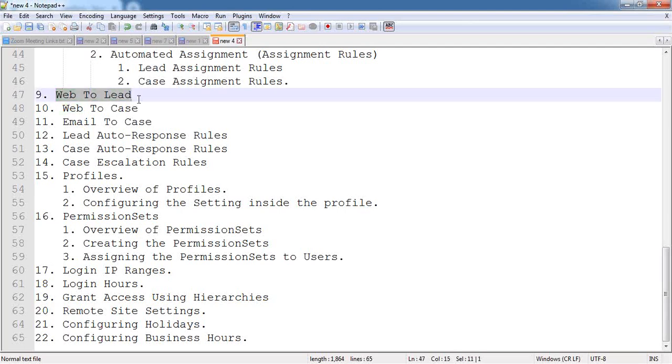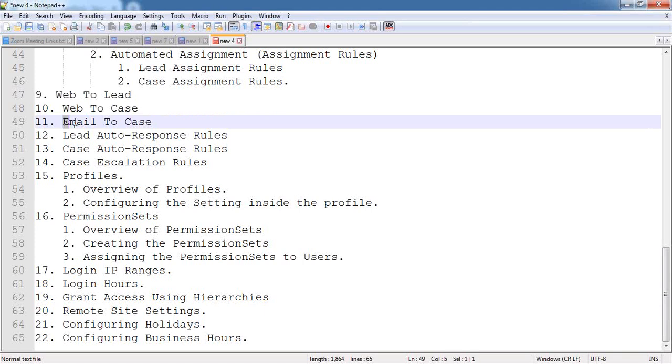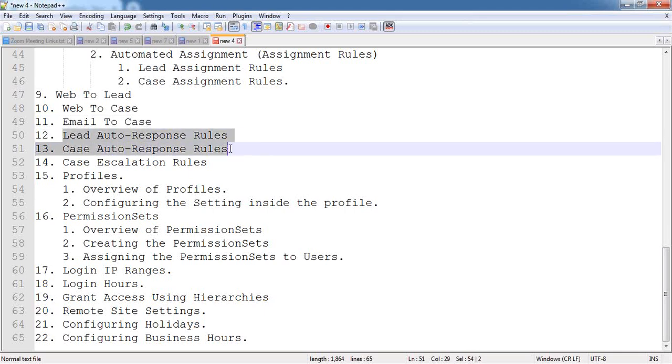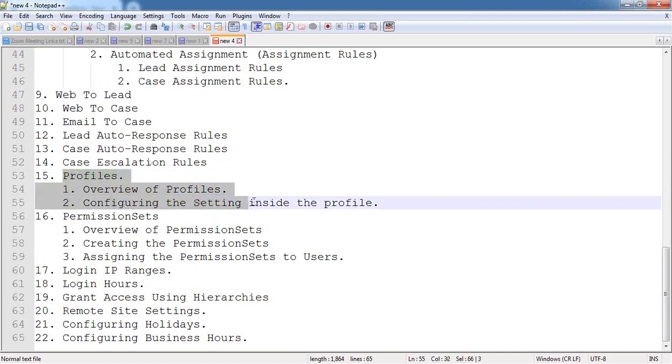And then we'll see the concept of web to lead, web to case, and email to case, how to create the case record through email notifications. And then we'll see whenever a lead record or a case record has been created through the organization website, how can we send an automated email notification to the people by using auto response rules. We'll see how to configure the case escalations, and then we'll see the profiles in detail, how can we